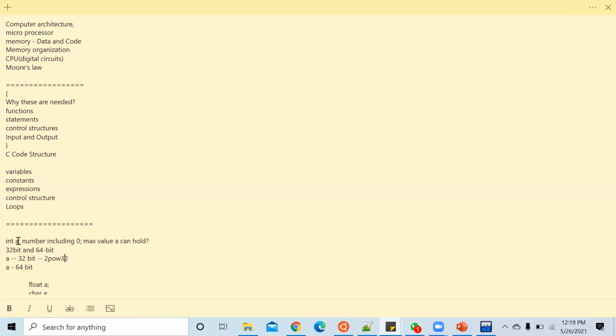So you can store 2 to the power of 32 as max, 0, and minus 2 to the power of 32. This is called the range. It can have a lowest negative value of minus 2 to the power of 32 and a maximum positive value of 2 to the power of 32, including 0. In 64-bit, it is larger, so it can process large data in a 64-bit processor.